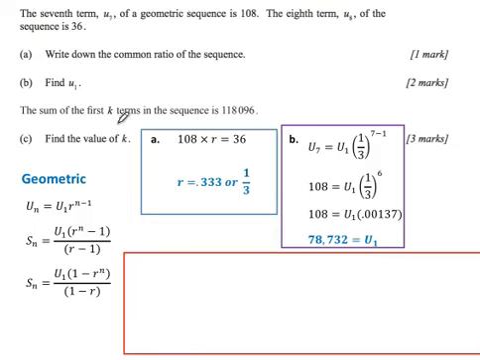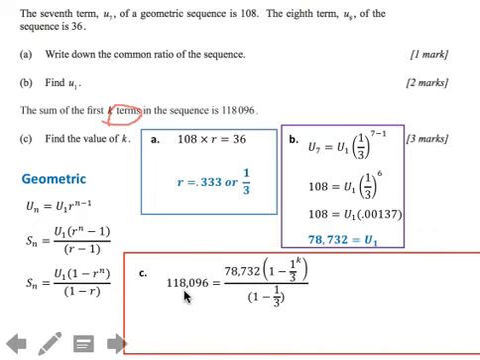The last piece says the sum of the first k terms in a sequence is 118,096. Find the value of k, being the total number of terms. Now, if we want to do this algebraically, we need to use one of our sum formulas. And we'd substitute and find that the sum, 118,096, is equal to our first term, 78,732, times, and I use the second formula here, 1 minus 1/3 to the k, divided by 1 minus 1/3. You'll notice there's only one missing variable here, and that's the variable we're looking for, k, which is the total number of terms. However, since that variable is in the exponent, if you recall from Algebra 2, this particular function